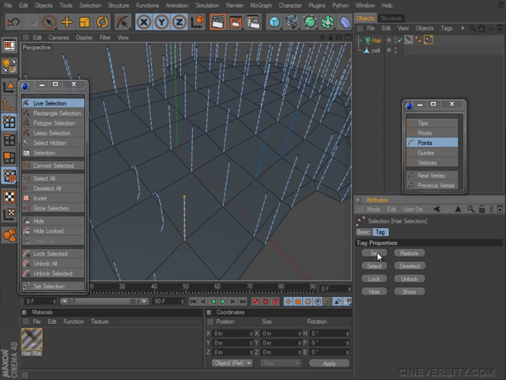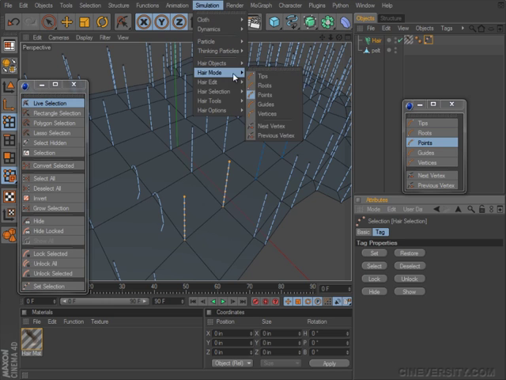So if I was to say, change my selection like this so I have two sets of guides and points selected, I can click on Restore, and that switches it back to the original. And if I click on Set, it's going to add those new points there. So if I select just these ones and click Restore, you'll see that I now get the other guide points added in as well. That wraps up taking a look at the Hair Mode menu